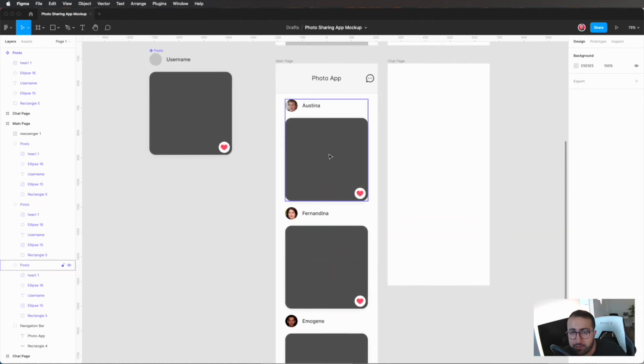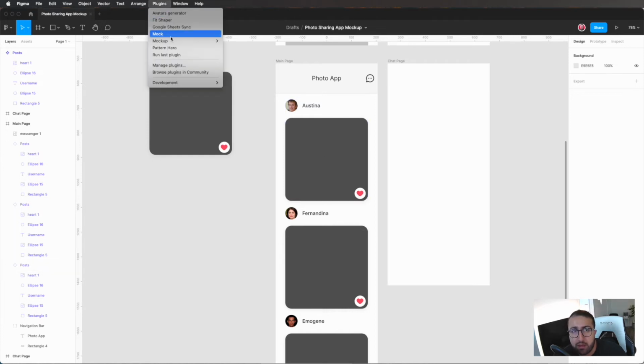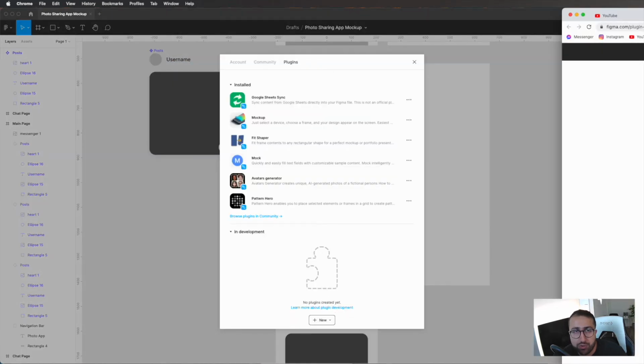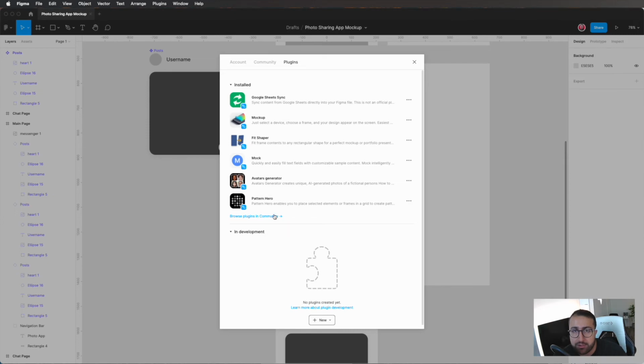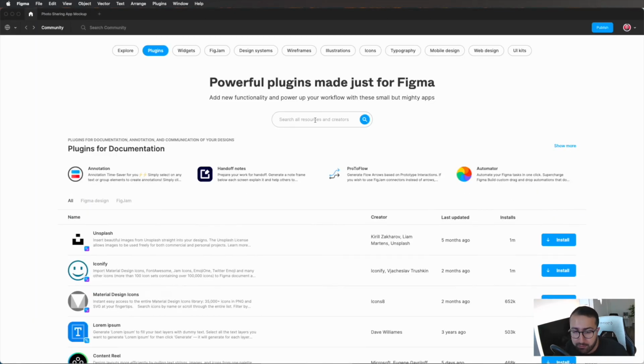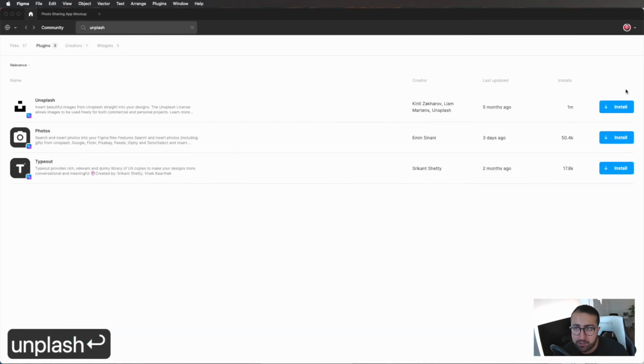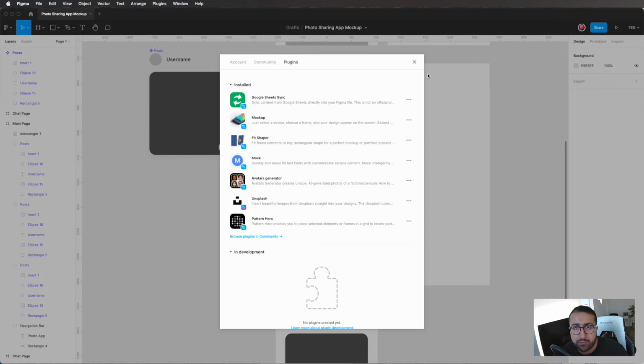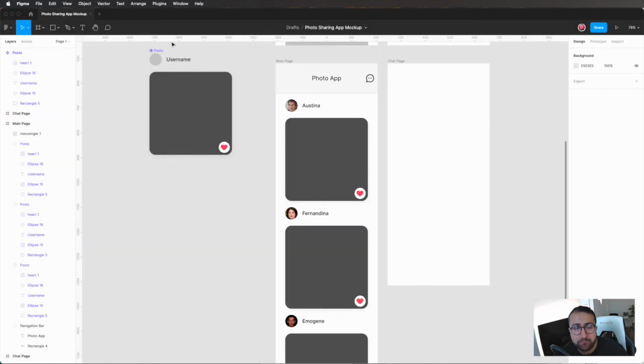And now we want to put some sample posts or images. And the best app I think to do that, or plugin, is the Unsplash plugin. I know we're using a lot of plugins, but part of this is to actually show you the power of plugins, because you don't need to actually go out from Figma. You can use all the resources within Figma and never leave the app to complete your mockups. Cool. So I've downloaded that Unsplash plugin, or installed it, and now I'm going to go ahead and run